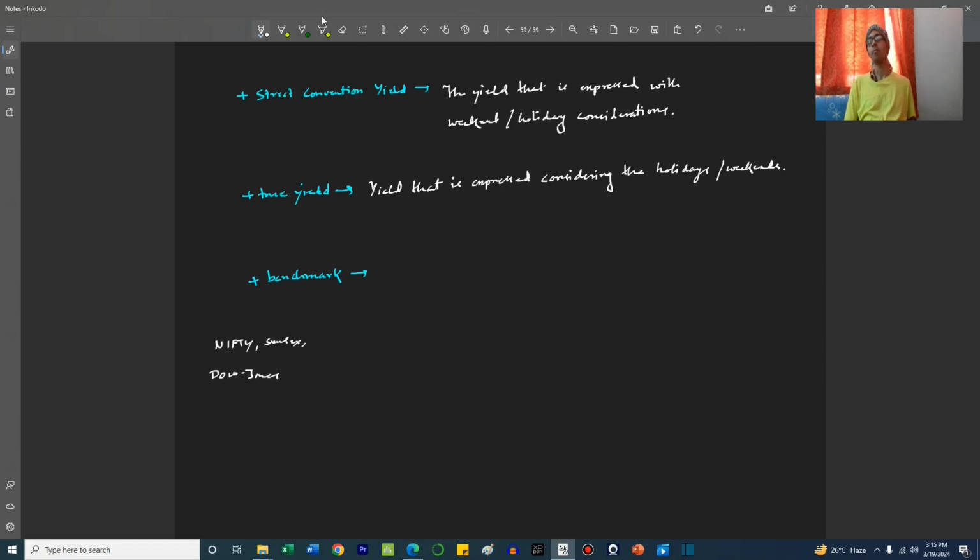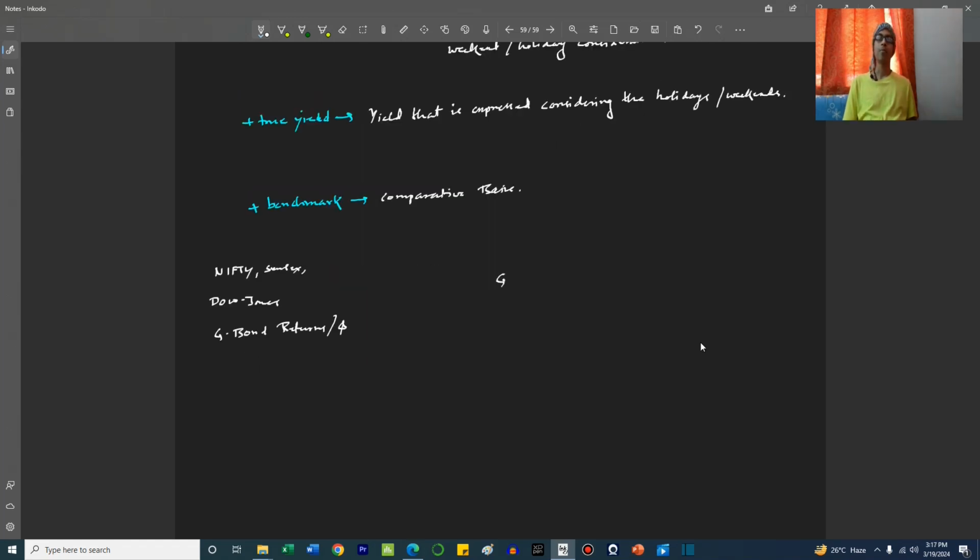But for fixed income, it can be something like the government bond yield curve. It can be the government bond returns and its volatility. So, comparative basis. Now let's say a government bond can be yielding 4% and the corporate bond